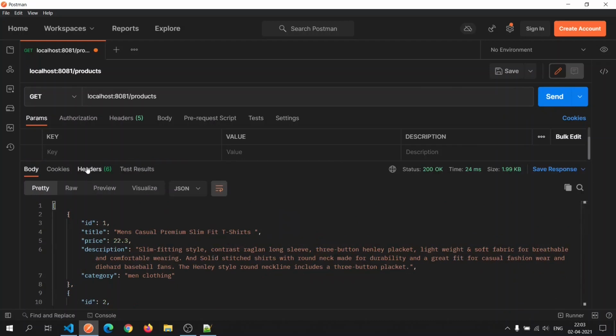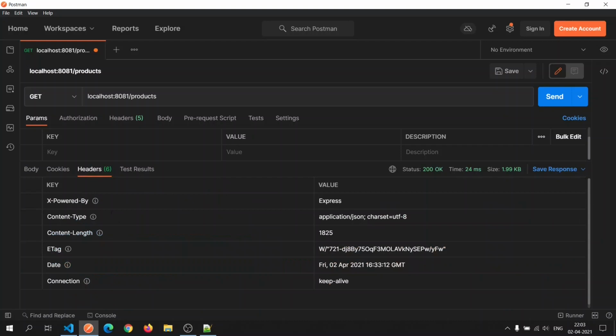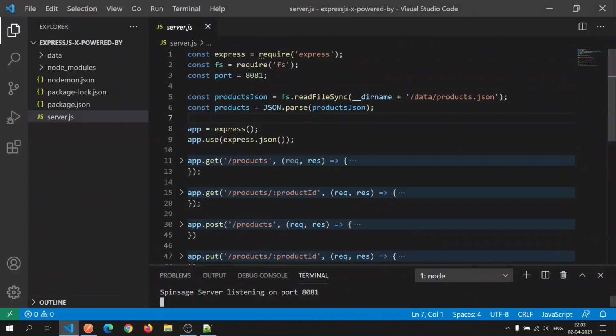Now let's go to the Headers tab, and as we can see here, there is this header which has been returned, X-Powered-By, the value of which is express, which makes it evident to anybody that this particular server is running using Express. So the way this can be disabled is by a single line of code,